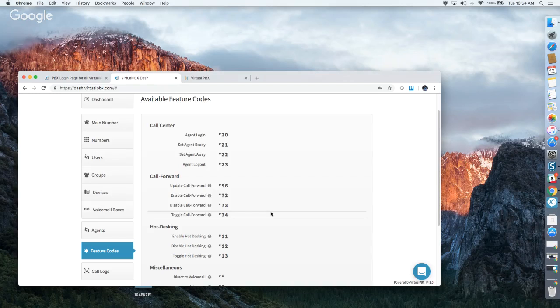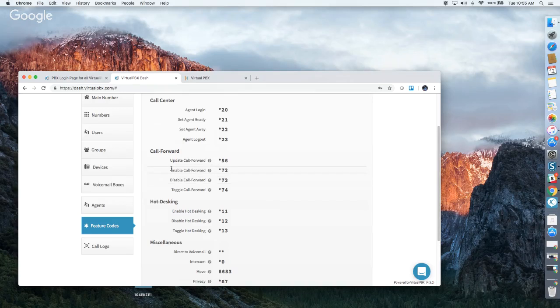Feature codes. Feature codes are also on our website, so you don't have to just log in. But basically, these are codes you can use from a VoIP phone to make use of features of the system. So the first set here, that's for your agents in an ACD queue, so they can log themselves in and out without having to use a web page. Here's your call forwarding. So again, you can do it from the phone,